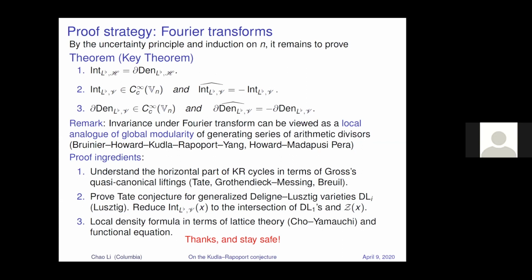Other question for Chao? You just mentioned you have something for the arithmetic inner product formula. What exactly did you prove? Okay, so